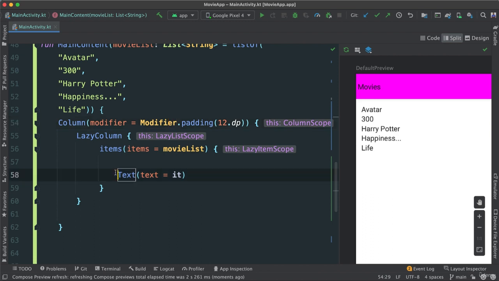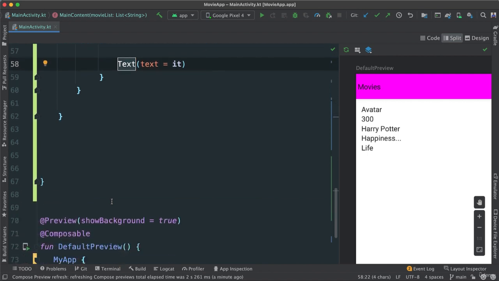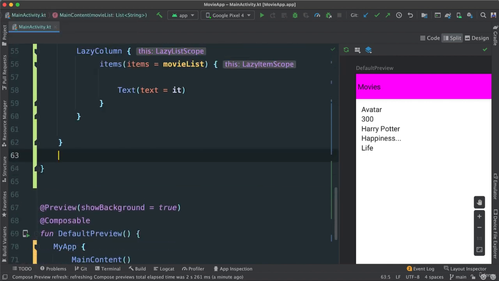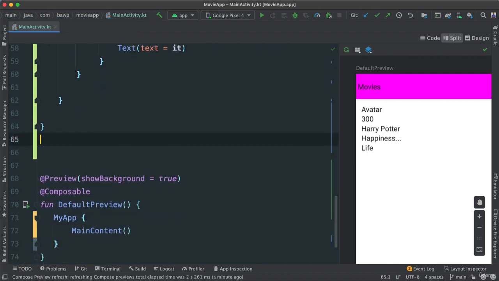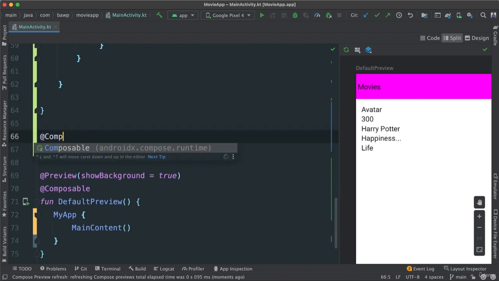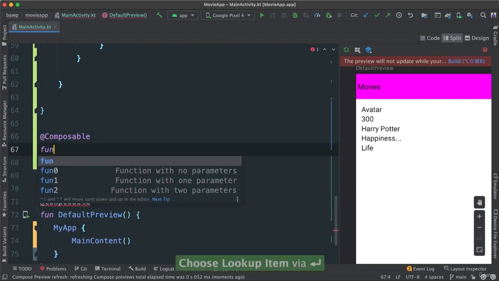First of all, this is really boring. We're just passing text, creating a list of text, which is fine in some cases, but in this case, we can create some sort of a row that will represent each one of these items, each one of these movies. We can wrap this inside of yet another composable, and we can structure what we want to see. So what we can do, yes, you guessed it, I'm going to create another composable at the bottom here. Let's add a composable, and let's call this fun